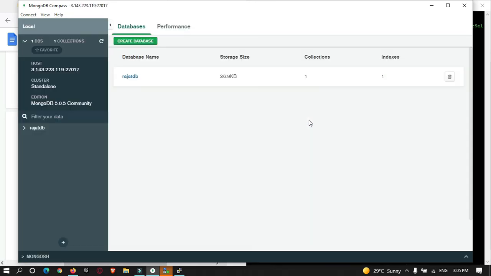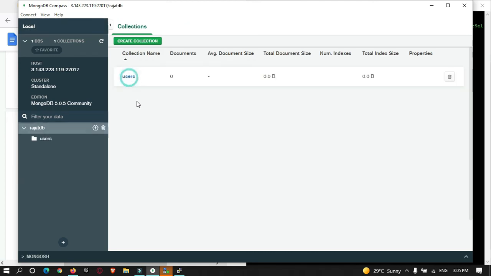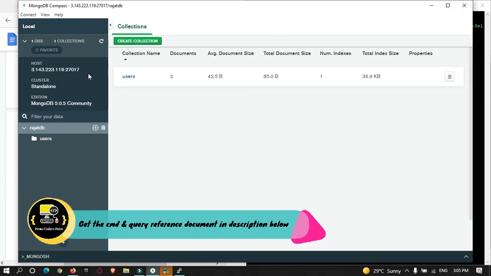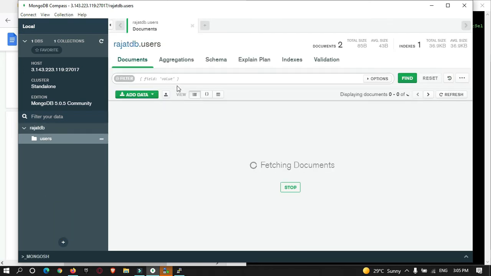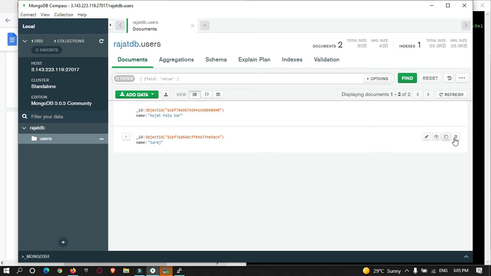Okay, connect. So now you can see this user is able to access only one database, and the rest of the other databases, like admin, are not managed by this user. So only this user can access this database. So this user can read and write both, means he can read and he can also edit the database as per his needs. So he can delete the user like this.